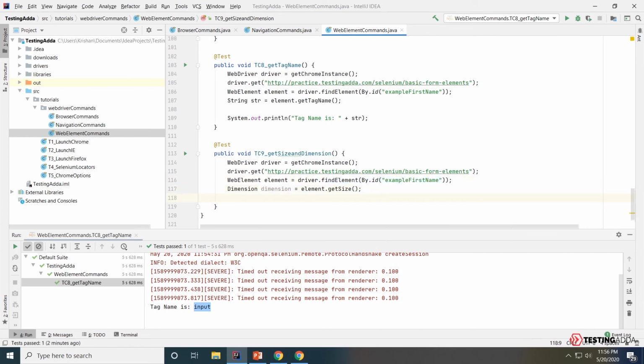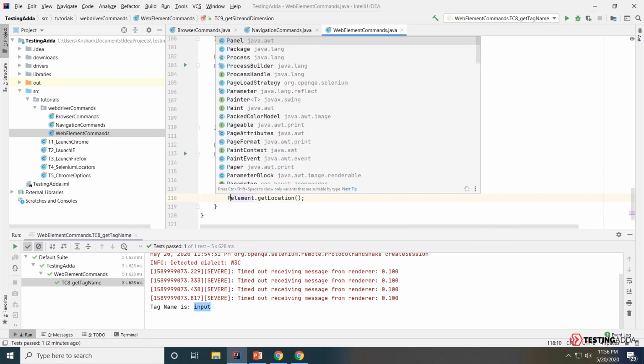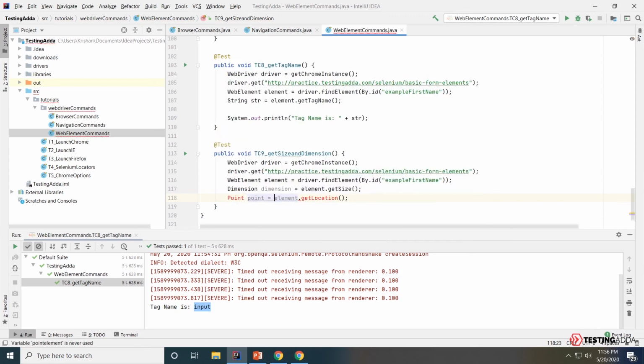The second thing we are going to do is element.getLocation. This method accepts no parameter and returns a Point value, so Point point equals element.getLocation. Now I have the location in a point and the size in a dimension. Now we are going to print these values one by one using sout.